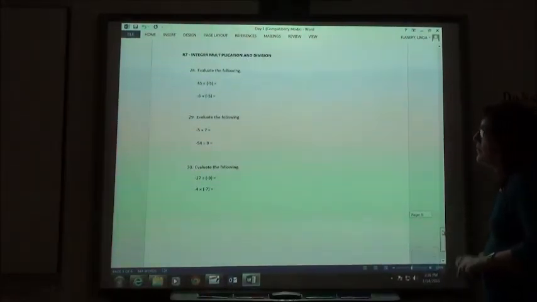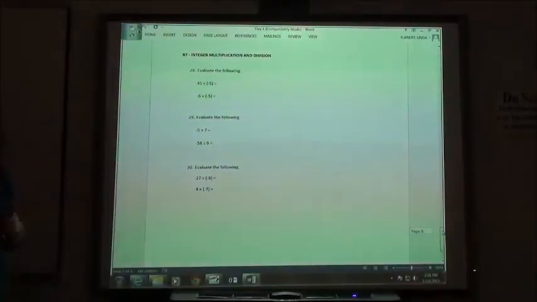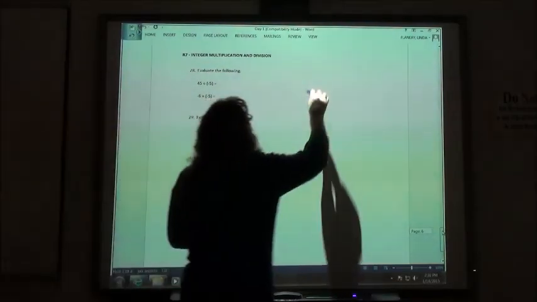And the last three on this page, the rules for multiplying and dividing. Now the rules for multiplying and dividing are not the same as the rules for adding and subtracting. So you have to think about, am I multiplying or dividing, or am I adding and subtracting? For multiplying and dividing,